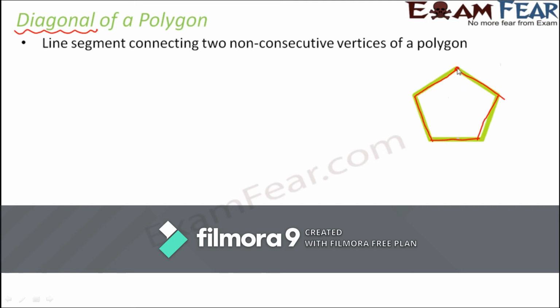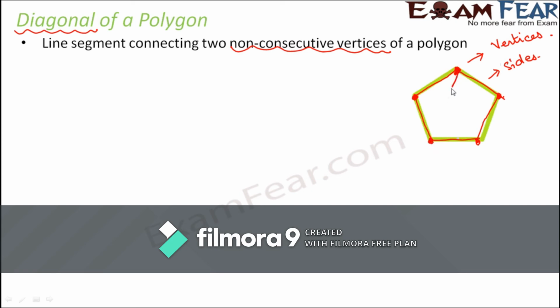Now, the points where the line segments are joined to each other are called vertices. The singular is vertex and the plural is vertices. So these are the vertices, these points, and these are the sides, the line segments which form the polygon. Now, if we draw a line segment such that it connects two non-consecutive vertices of the polygon, what would be non-consecutive vertices? Here this vertex and this vertex are consecutive. Similarly, this vertex and this vertex are again consecutive. But when you say this one and this one, they are non-consecutive vertices.